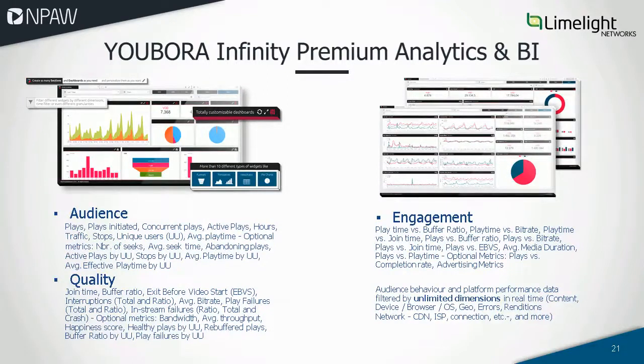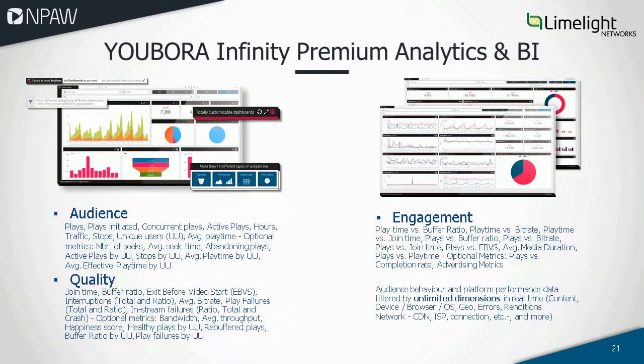So additionally to the before mentioned metrics, there are other interesting metrics to evaluate. On this slide, you have a whole list of them, which we have split into audience, quality, and engagement metrics. But usually, not only having the metric is important, you also need to have different dimensions such as geolocation, device information, content information, network information, which are required to analyze the behavior of a specific subset of users, either if you are using iOS or Android or any other device, for example, or who are located in completely different